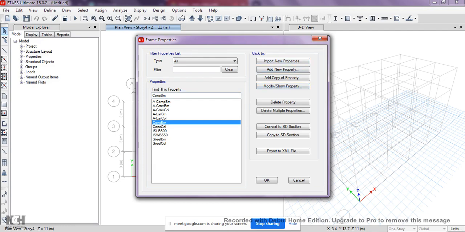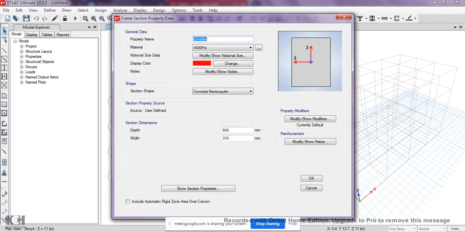I will use this concrete beam and modify. Property name, I will name it as B200 into 300. It is made up of M25 concrete, depth is 300, width is 200.